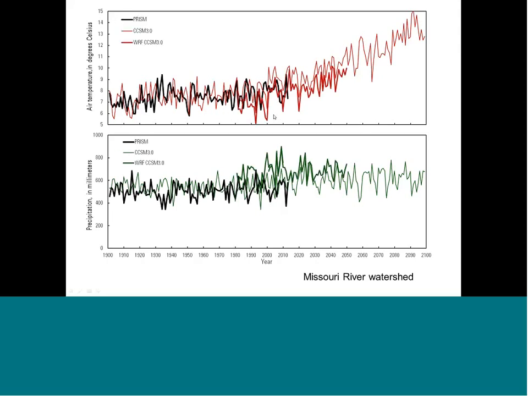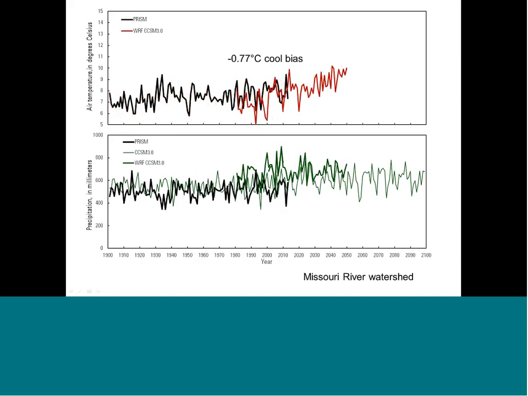Here's our WRF runs, and I'll just get rid of the CCSM stuff. And so here we got a little bit of a cool bias in terms of our WRF run. We do have this wet bias, again, which we got rid of a lot by pulling in the boundaries a bit. It does work better in the plains. So if you get rid of the higher elevations, actually a lot of this precip bias goes away and we get a much better match. And that was important for us because we were doing a fair bit of work on the prairie potholes area. That was kind of our focus area, and also the Black Hills and the plains surrounding that.